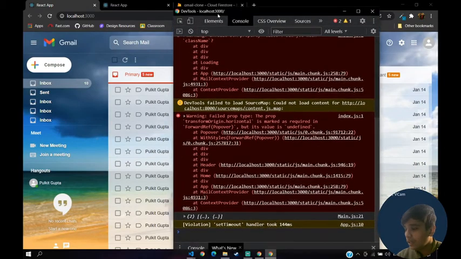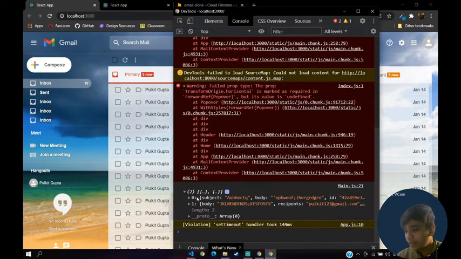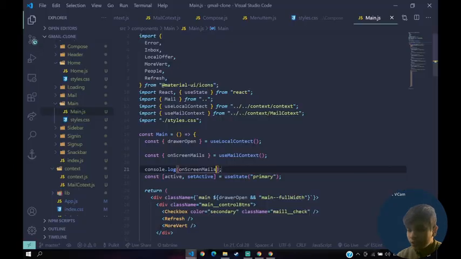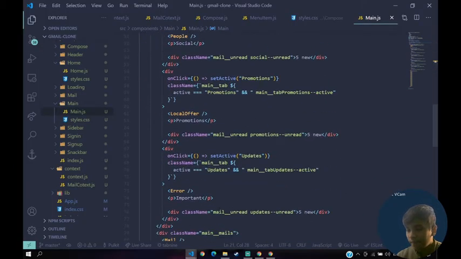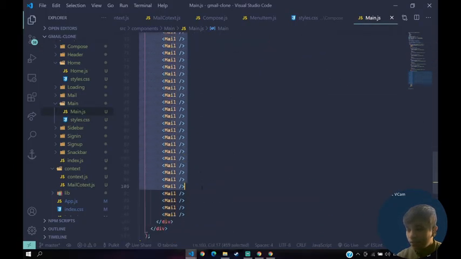So as you can see, we get these two. The user has received only 2 mails, so we don't want to render all of these mails, right? We want to only render these 2 mails, only the 2 mails that the user has received, right? So what I'll do is first of all, I'll go here, I'll remove all of this.